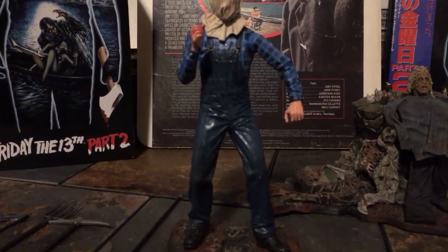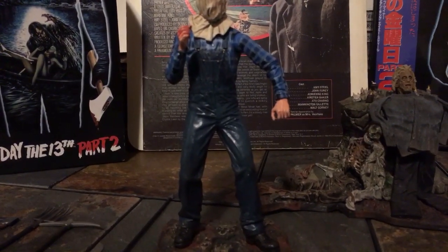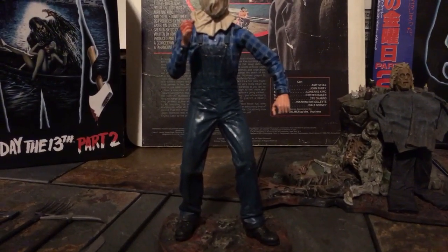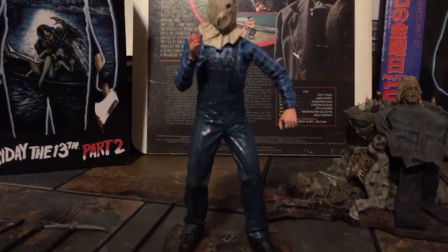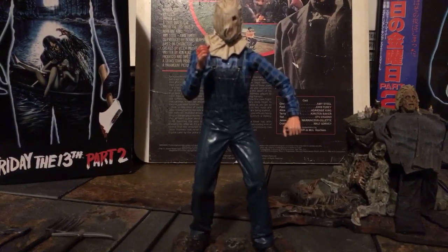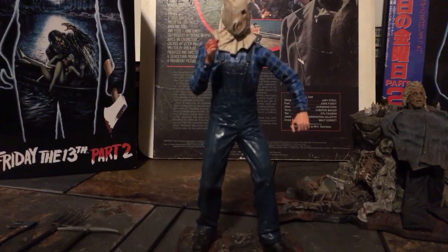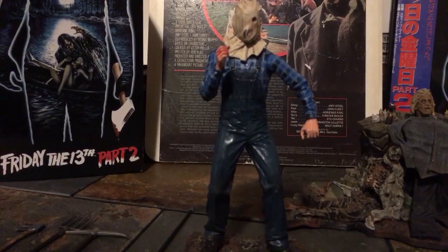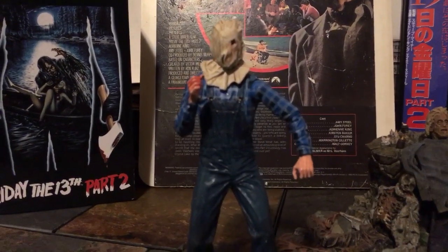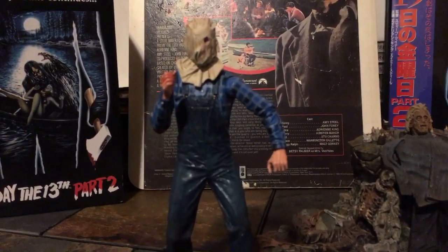You can move the arms a little bit. The left arm at the shoulder you can move, and at the elbows, and that's about it. So you can tell this is an older sculpt. There wasn't a lot of emphasis placed on ball joints or creating multiple poses. You can see the mask is pretty good, especially for its time. The sculpt is actually really good,